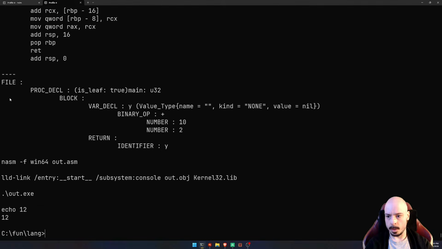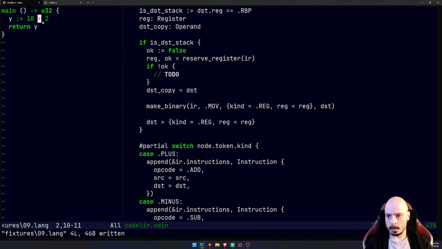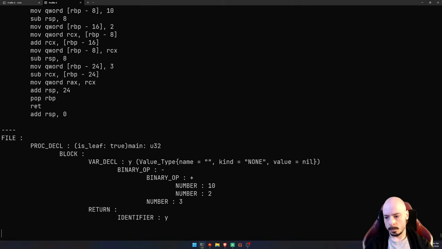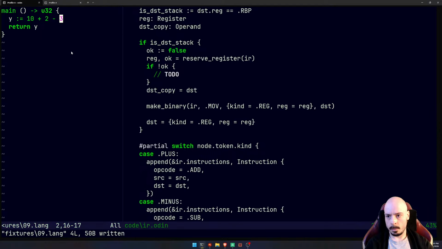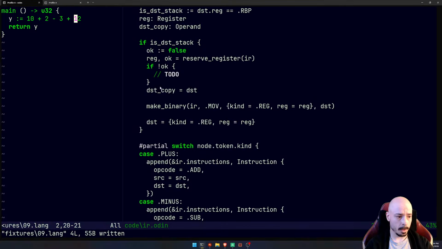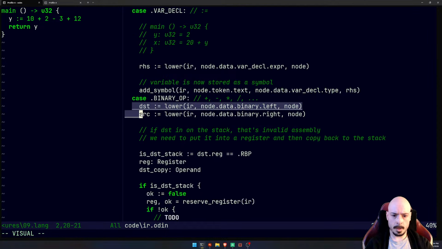Well, add is always going to work, because it doesn't matter which order they're in. 10 plus 2 minus 3, so expect to get 9. We got 9. Plus 2, we should get 11. I'll just add a large number here. 21. Okay, that's working. Yeah, I think these are in the wrong order,